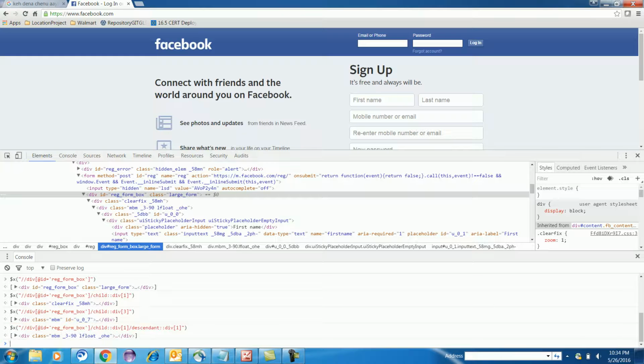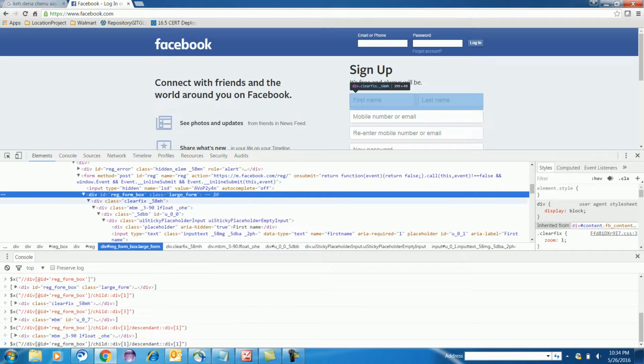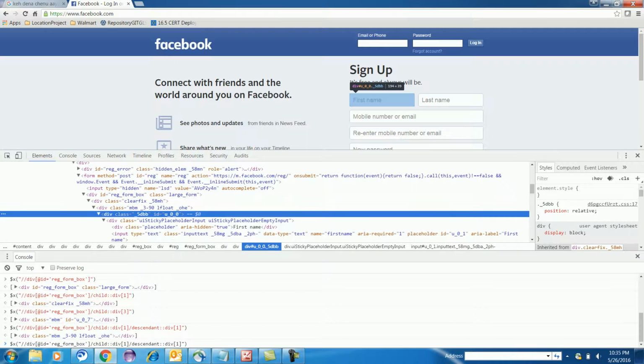Control C, Control V. We are already in child div 1. Child div 1 is nothing but this is the parent and this is the first div. So we are here. After that we are doing descendant div 1, which is nothing but this div. But where we have to go, we have to come here.